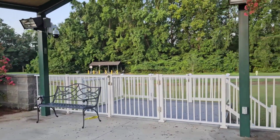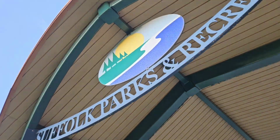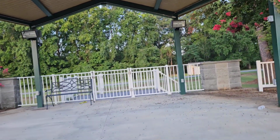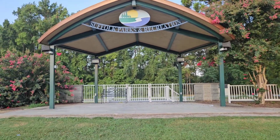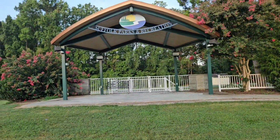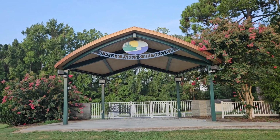Little bench up here, but like I said, it's nothing crazy. It's not super huge or anything like that, but it's just so wonderful. Let me show you what it'll look like if you're in the crowd. So it's slightly elevated up. I don't know if it translates on camera, but I had to come down this little slope to get over here. So if you're in the crowd, it's slightly elevated up, and it's this tiny, cute